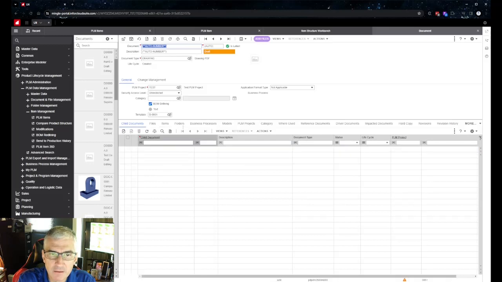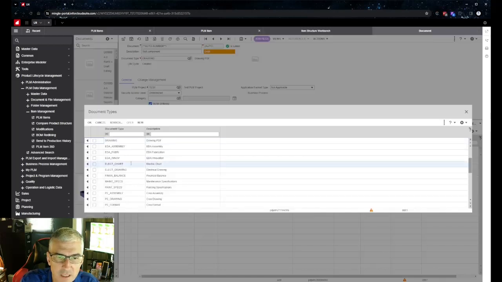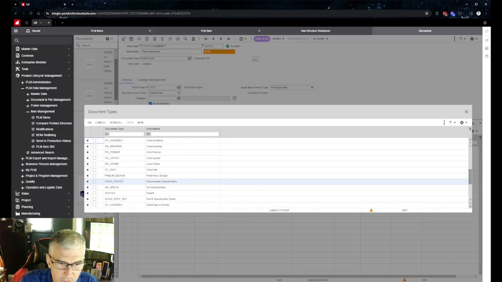And then under here, I'm going to call this the test component document. I just call it test component. It is a document. And I could call it a drawing PDF, but I'd rather have this be a specification, so let's grab the right type, spec,